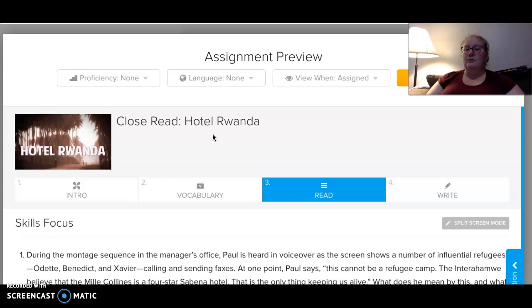And then Belgium took over after World War II and continued that animosity by favoring the Tutsis and putting them in high places in government and things like that, until in the 1960s they made a decision to reverse